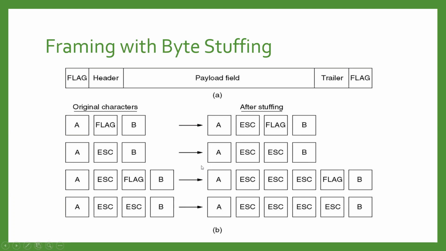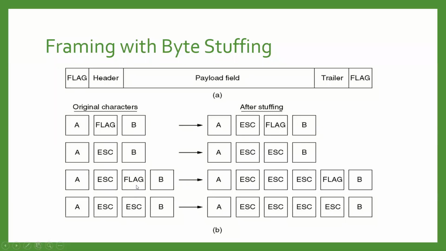This technique of stuffing the byte stream into the frame is called byte stuffing or character stuffing. If the escape byte occurs in the middle of the data, then it is also stuffed with one more escape byte in the data. There are a number of examples written over here. If we have the data ESC and B, then we have to stuff one more ESC before this ESC.